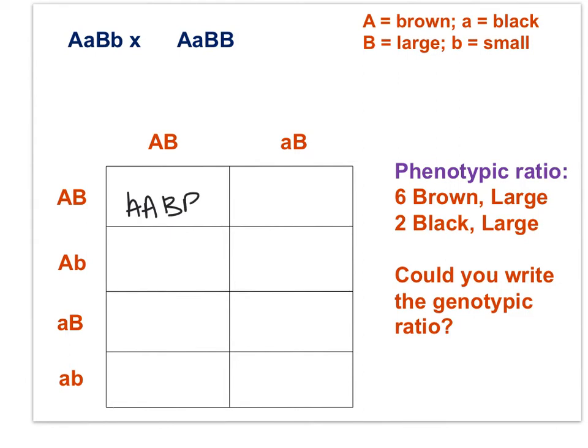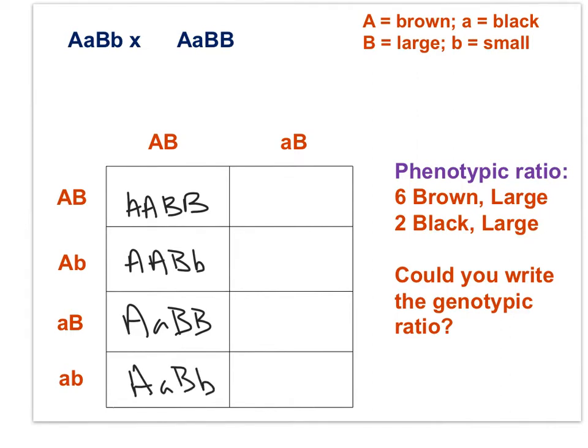We have this individual who is brown and large. We have this individual who is also brown and large. This individual who is also brown and large. And this individual also brown and large. Now there's 4, that's half of the offspring. We have this individual also brown large. We have 5 brown large phenotypes so far, and this individual also brown large. That's 6